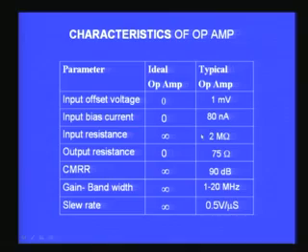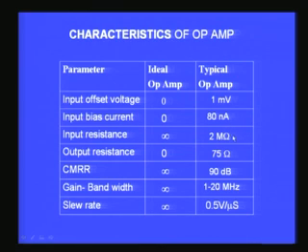loaded by the amplifier. Therefore, the input resistance of a good voltage amplifier should be infinity, and that is why the infinity is listed under the ideal op amp situation. But if you look at the situation corresponding to 741, the input resistance is around 2 megohm, 10 power 6 is megohm. So, 2 into 10 power 6 ohms is the actual typical value of the input resistance in the case